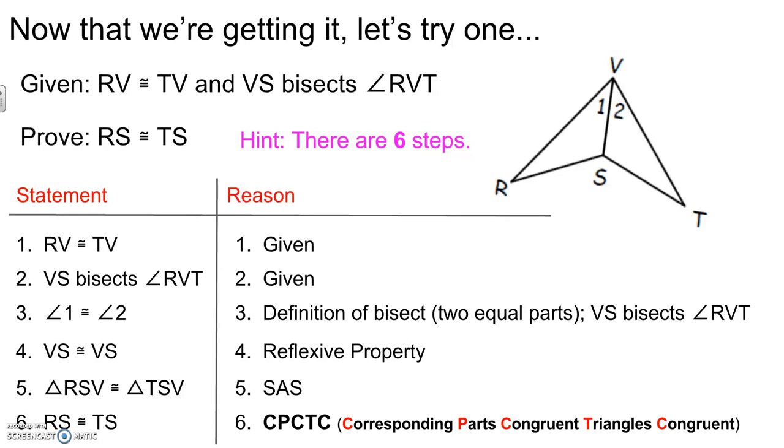And we can only use CPCTC after we have proven the two triangles are congruent. So this is a special kind of part of a proof. You can't have this anywhere earlier. It's something that only comes up at the end of the